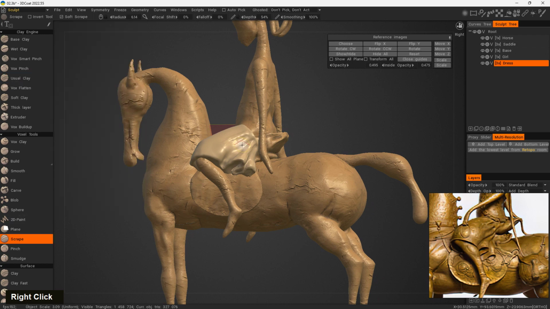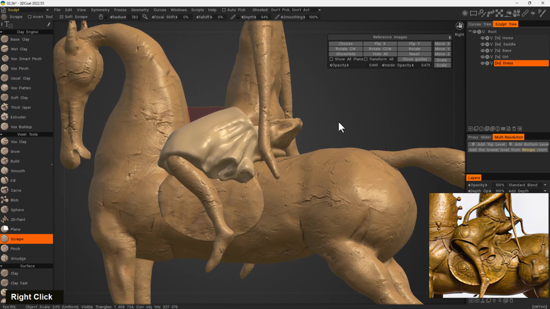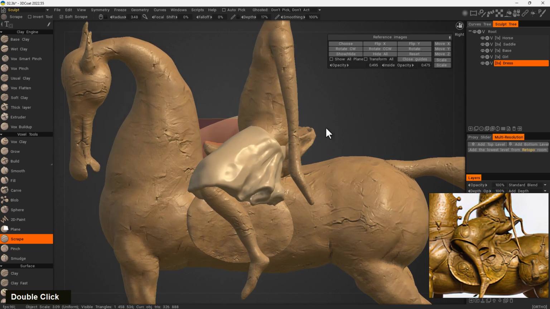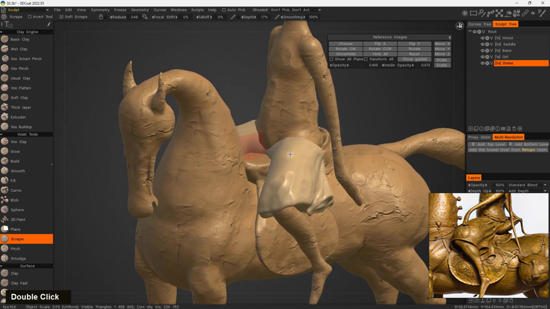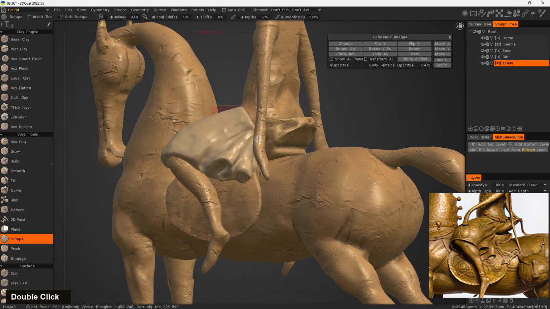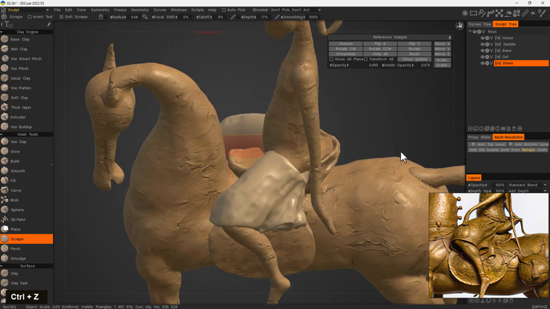Alright, now switch to scrap. Less intensity. Right, now